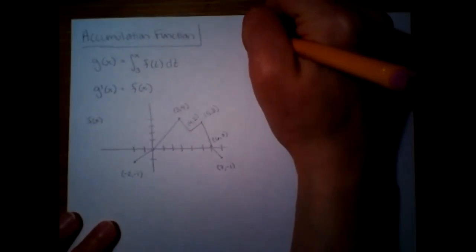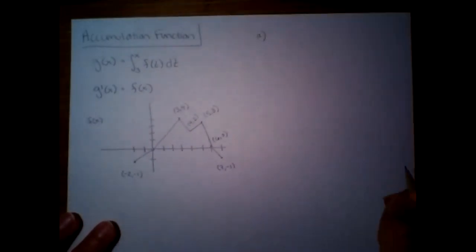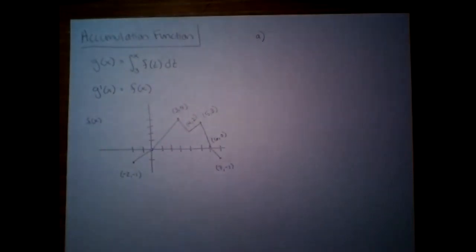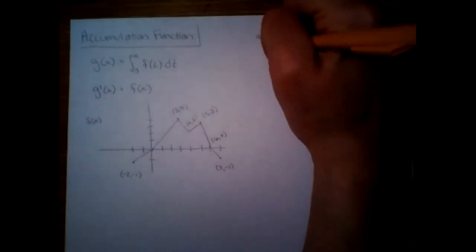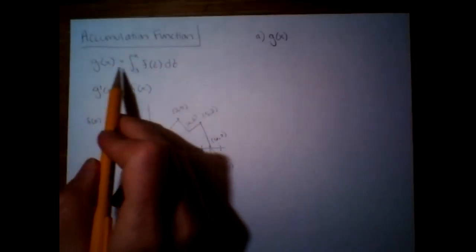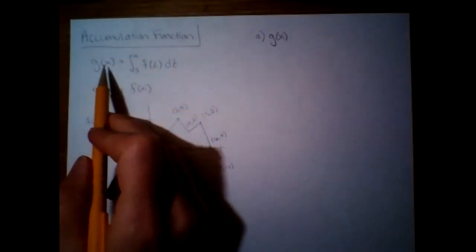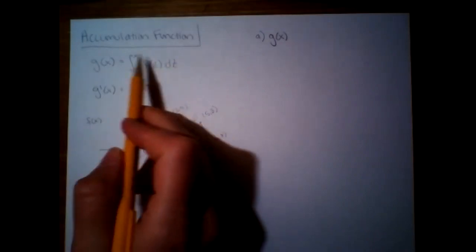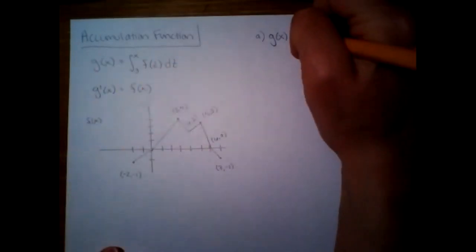So again, I'm just going to letter everything A, B, C, D. For letter A, we're going to find the critical points, and I'm going to put justifications for everything so we can review how to do this. So g of x, which is the function we're talking about, this accumulation function, is the one we're going to write all our statements about. So all the sentences should start "g of x is" or "g of x has." This is the guy that we're discussing, right? So g of x